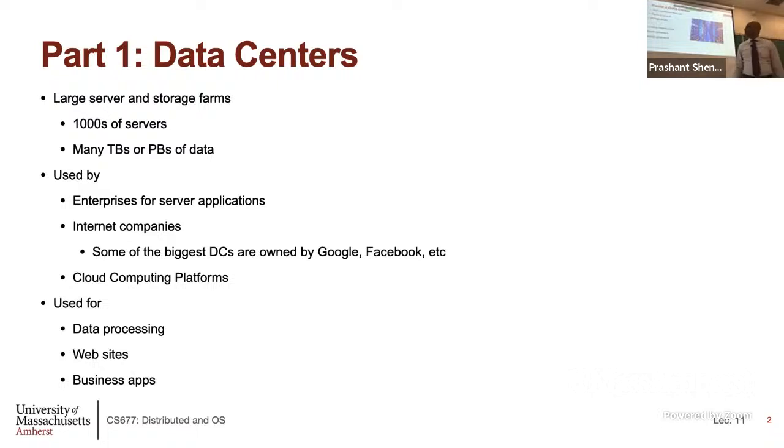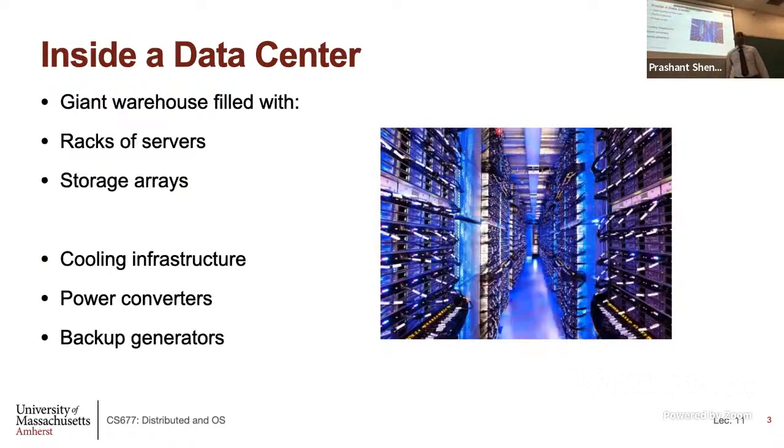Okay? Here's a small picture of what it actually looks like from the inside. The picture you need to have in mind is a large supermarket, okay, where you have aisles and shelves. And here the shelves actually will have servers, not cereal boxes or any food item. Okay? So it looks exactly the same, where you have this large room, which has lots of air conditioning to cool all of the servers, and there will be aisles.